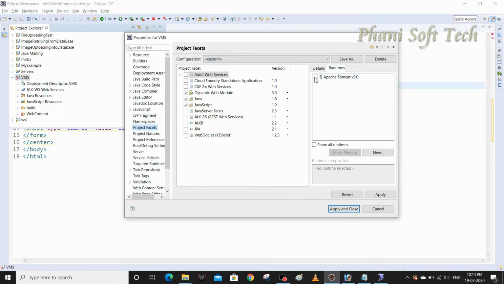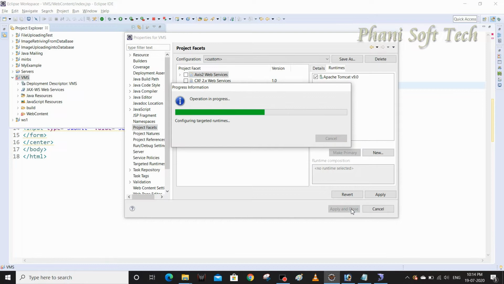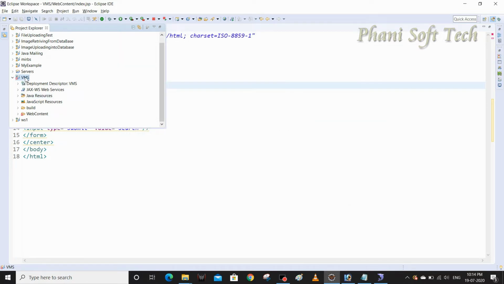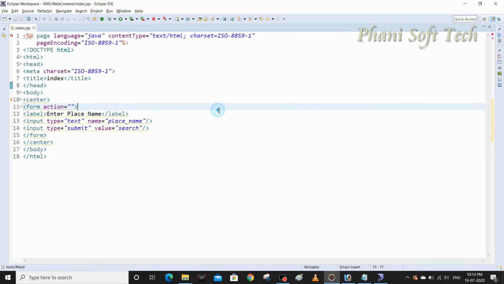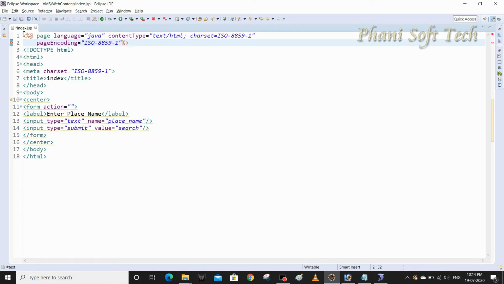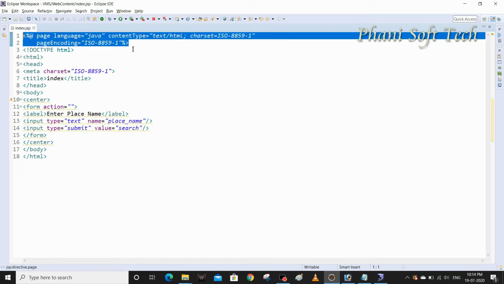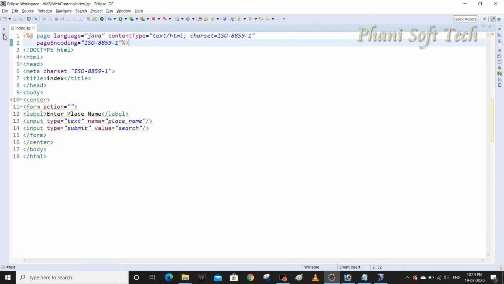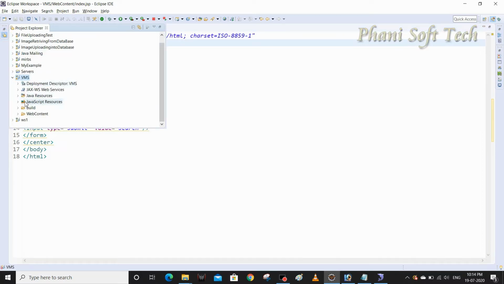You can select Apache Tomcat 9.0 and apply and close. We have set our runtime environment here, but still it is showing. So you just select it, Control X cut it, Control V paste it, Control S, boom, the error went out. Okay, fine.